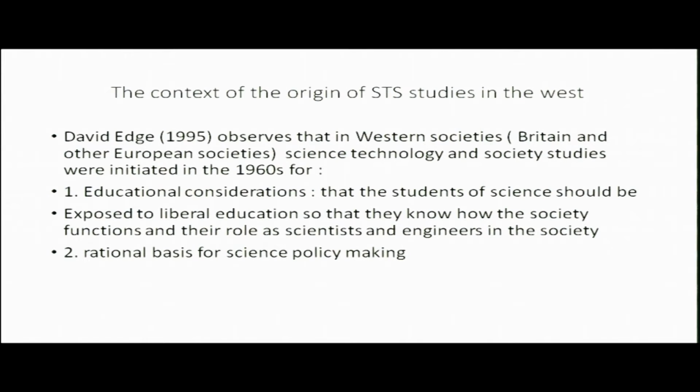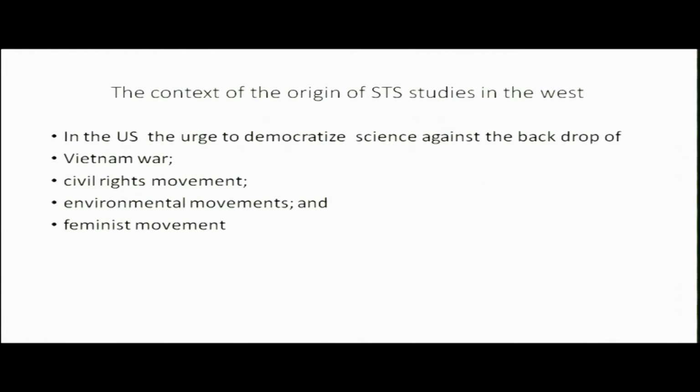Two is rational basis for science policy making. And in the context of the US, the urge to democratize science against the backdrop of the Vietnam War, civil rights movement, environmental movements and feminist movement, the STS studies